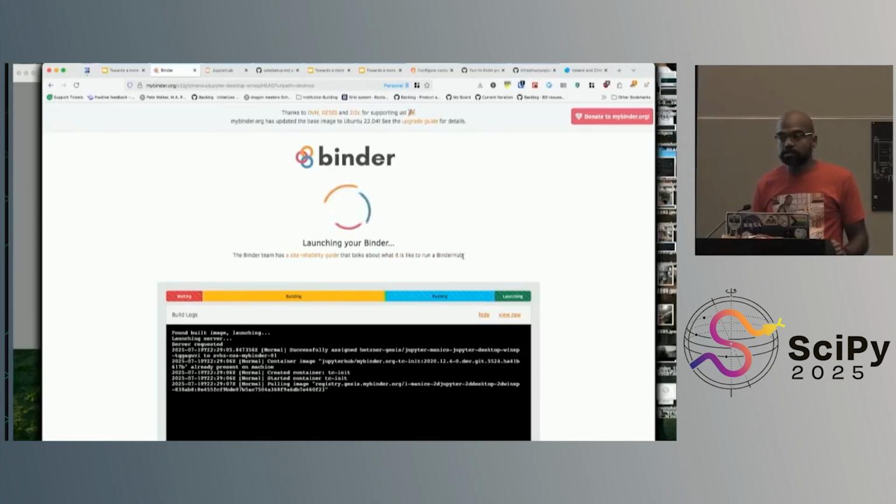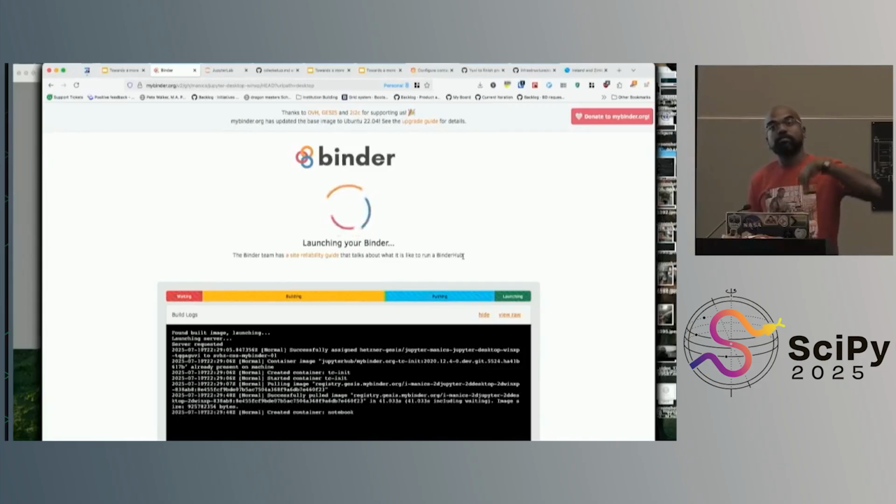Great question. So it has gotten easier to spin up your own Binder Hub instance for your institution as well. The hope is for us to make an official release of Binder Hub within, I want to say, the next 3 to 6 months, and then things should get better from there. The more people are interested in setting up their own Binder Hubs, the faster this work is going to happen. So if you're interested, please show up at the Zulip and say so, and that will help us prioritize this kind of work better.